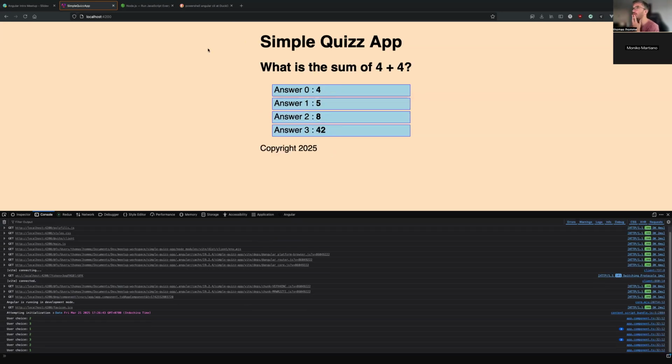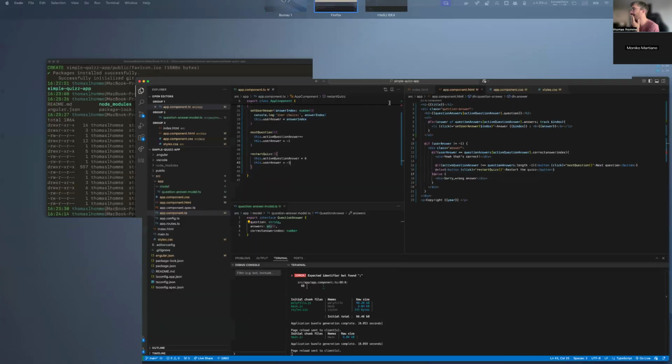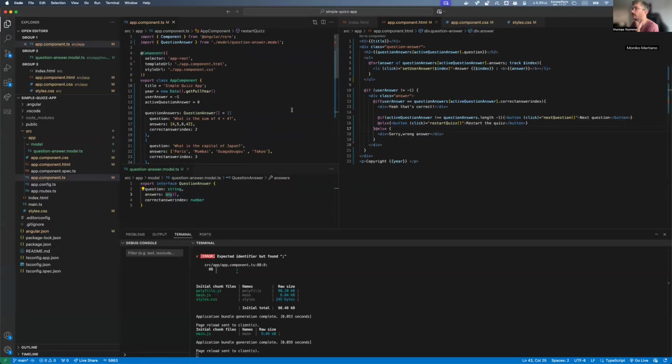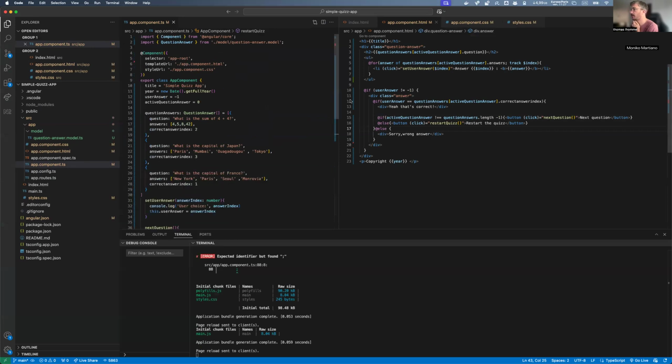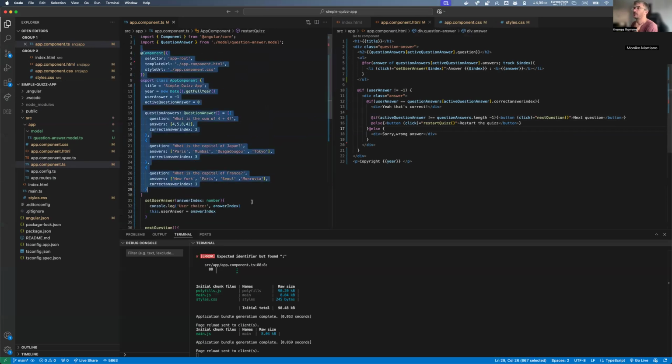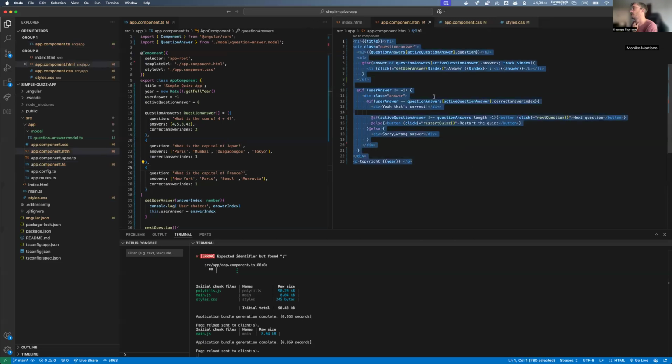Okay, so a very simple app. This is really to cover the basics of Angular by showing you how to communicate between components and how a component interacts between its TypeScript file, its HTML, and with those new syntaxes @if, @else. Those ones are pretty new. It's probably been a year since we use them. But you will see the older syntax.